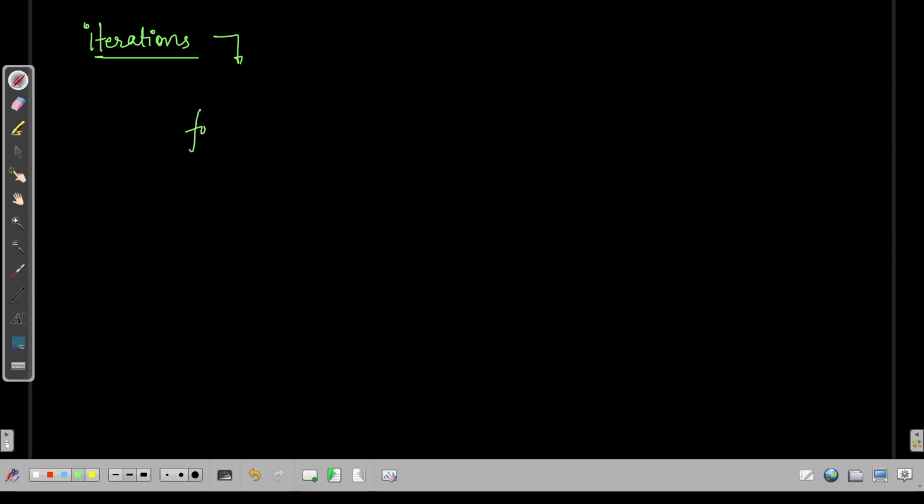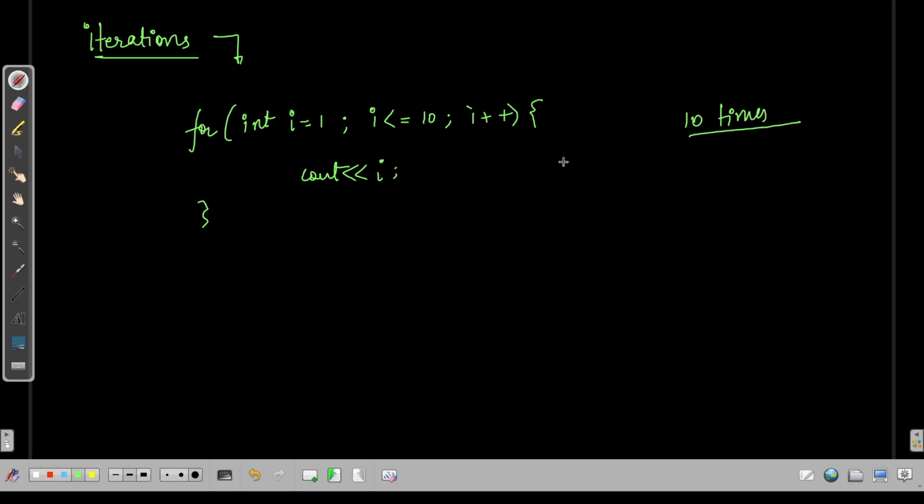Int i = 1, i <= some value, let's say 10, i++, cout i. So this is a simple loop. How many times will it run? 10 times. How do I know? Because first it will run for i = 1. It will check this condition. If this condition is true, it will run. So is i <= 10? Yes, it is. So it runs